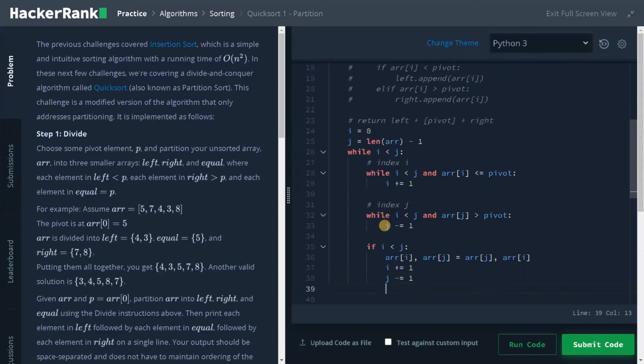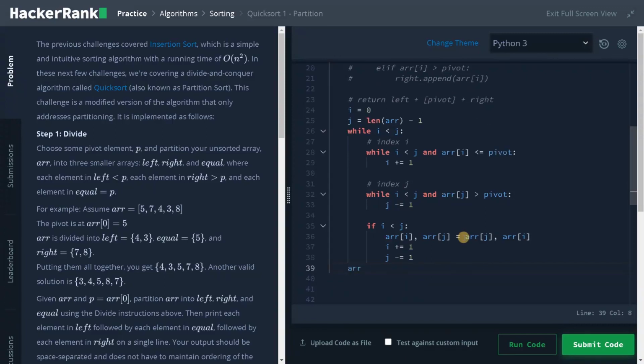After doing the swapping operation, if the whole while loop breaks, that is I equals J or it exceeds J, we will swap with the pivot element, that is array of 0, comma, array of J equals array of J, comma, array of 0. So here array of 0 is the pivot element. You can use a variable to hold the pivot index, and after that we need to return the array. Return array. And for index J, we need to remove this. We don't need to use the condition here.